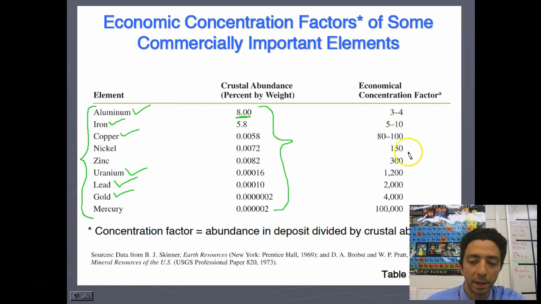And so this would be if we found a deposit. Let's say we found a gold deposit, because who doesn't want to find a gold deposit? We found a deposit of gold. If that were the case, then we would find 4,000 times more gold atoms in that deposit than we would in a regular area of the Earth's crust.